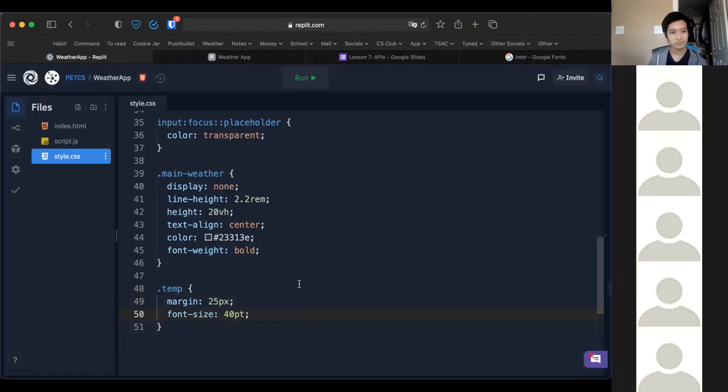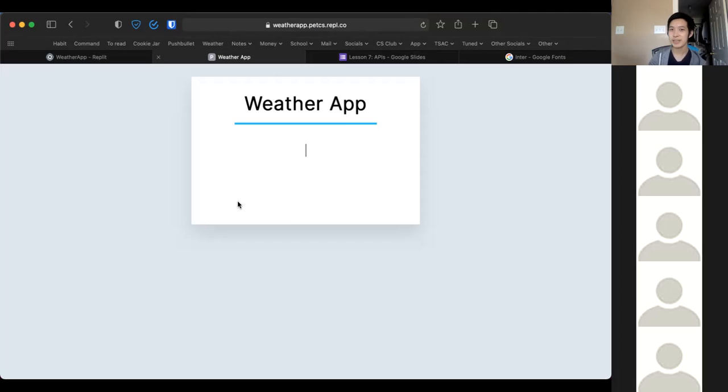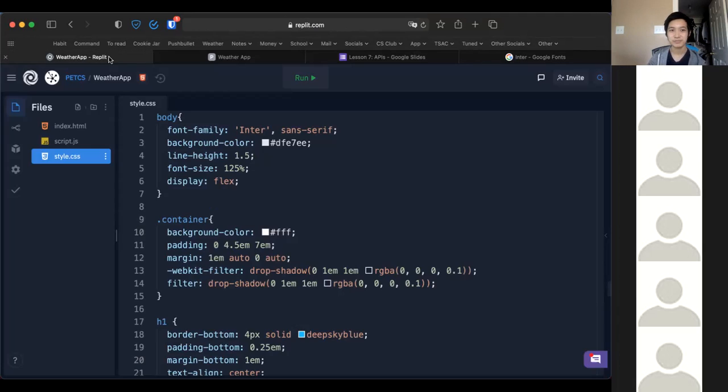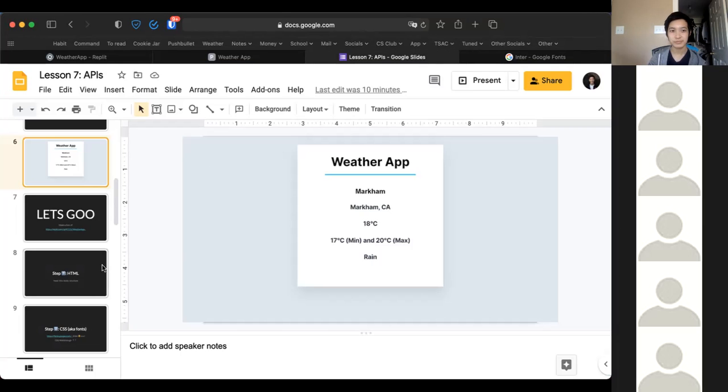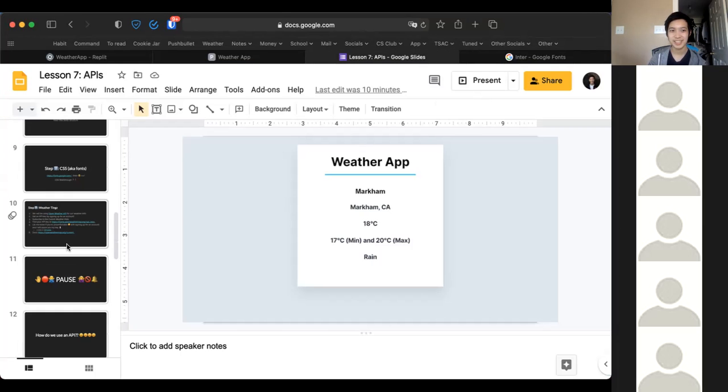Yeah, so this is kind of standard CSS just to make it look nice, you know? Yeah, that's basically it. Sorry about that. All right, so